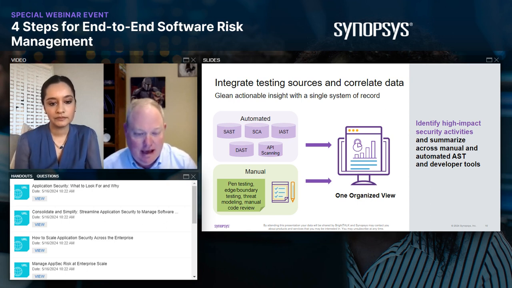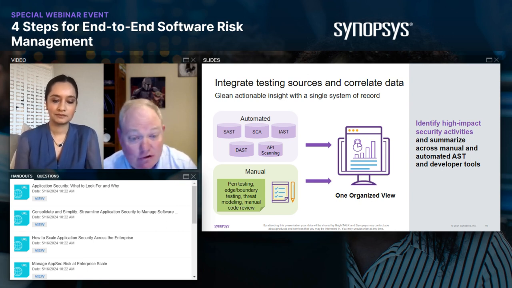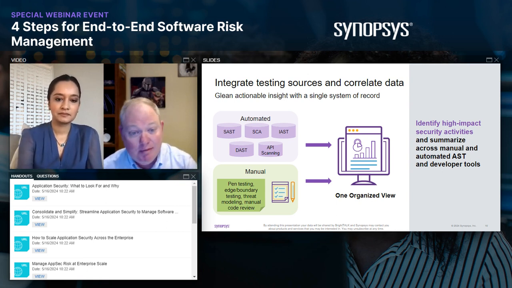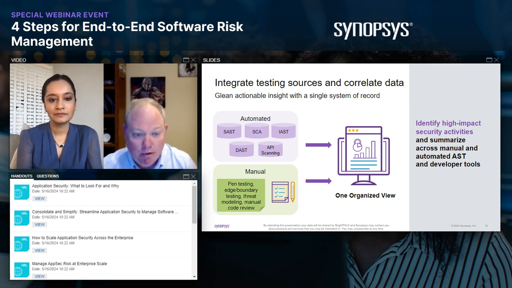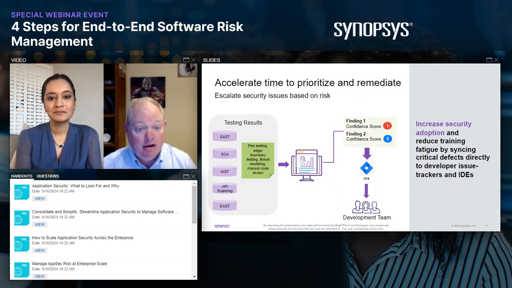At the end of the day, the developer has a ton of work on their plate, right? They're building new capabilities into the product. That's probably their top priority. They're fixing functional bugs. They are eliminating functional technical debt, right? And now we're adding, okay, now I need you to fix all these security vulnerabilities. We don't want to dump them with 100 different things. And from a tooling perspective, it's really important to drive and say that